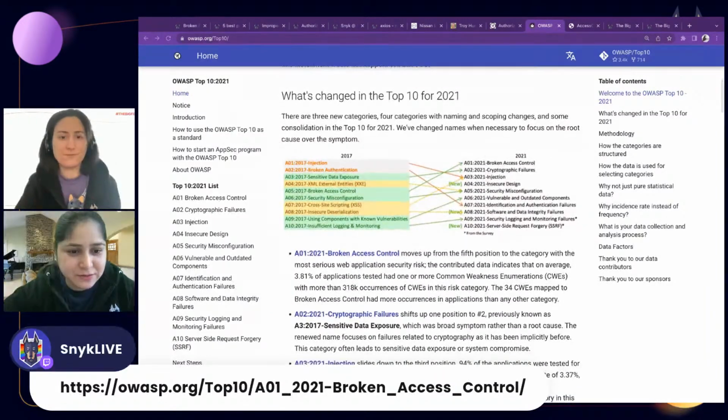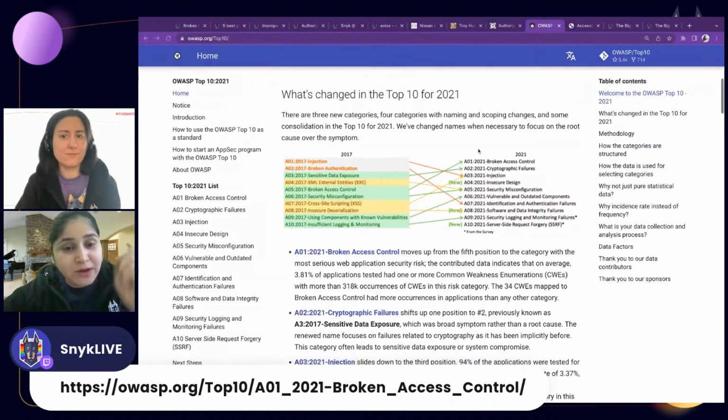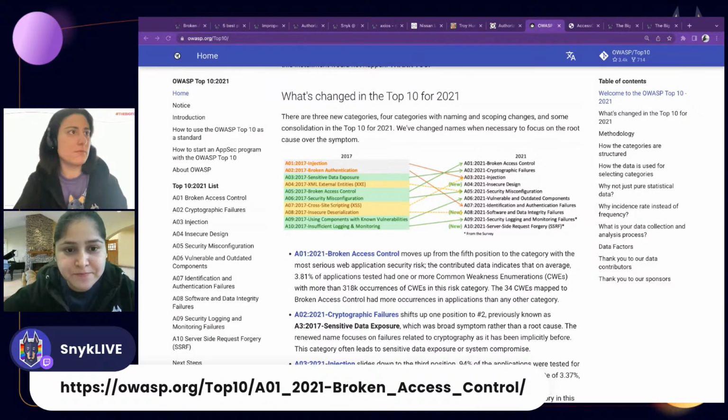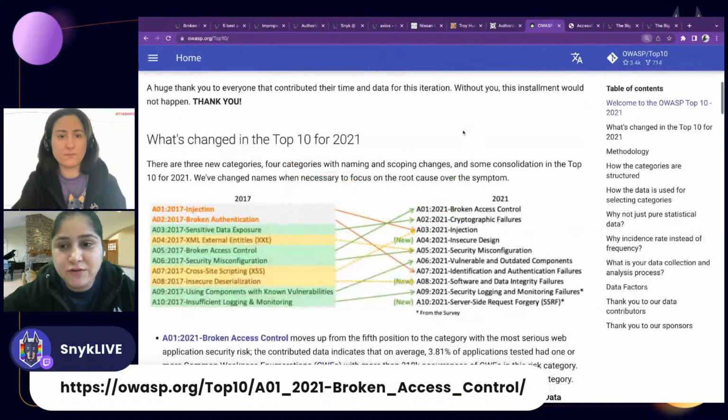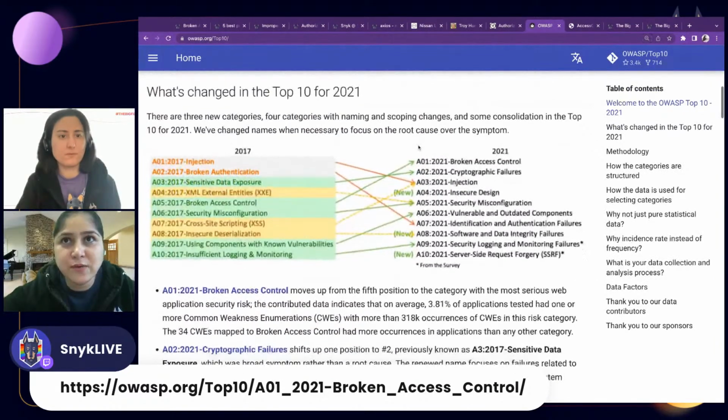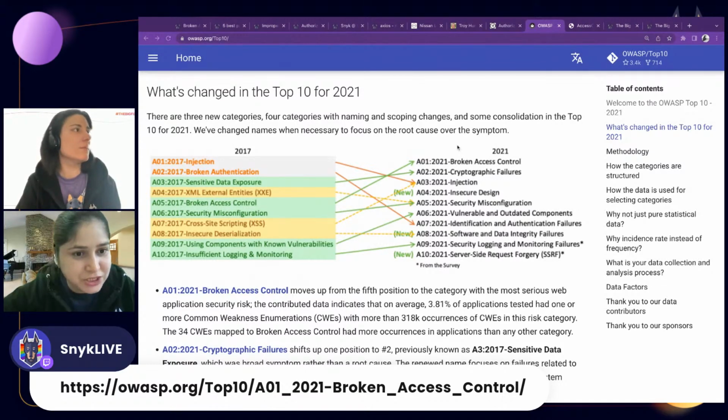Absolutely. I totally agree with you. And one more thing that I want to highlight here is that, not just the Top 10 list, you should always look at the OWASP testing guide as well, which will give you in-depth information about that. For example, we know that broken access control is on top. We have looked at the OWASP Top 10 list. We have looked at the OWASP cheat sheet series. They're giving us good information, but they are also highlighting the OWASP testing guide.